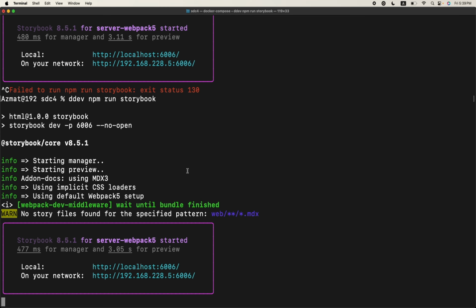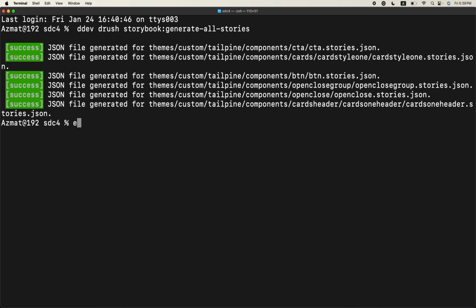Let me clear caches. These three things you will have to do normally: clear cache, restart the Storybook instance,